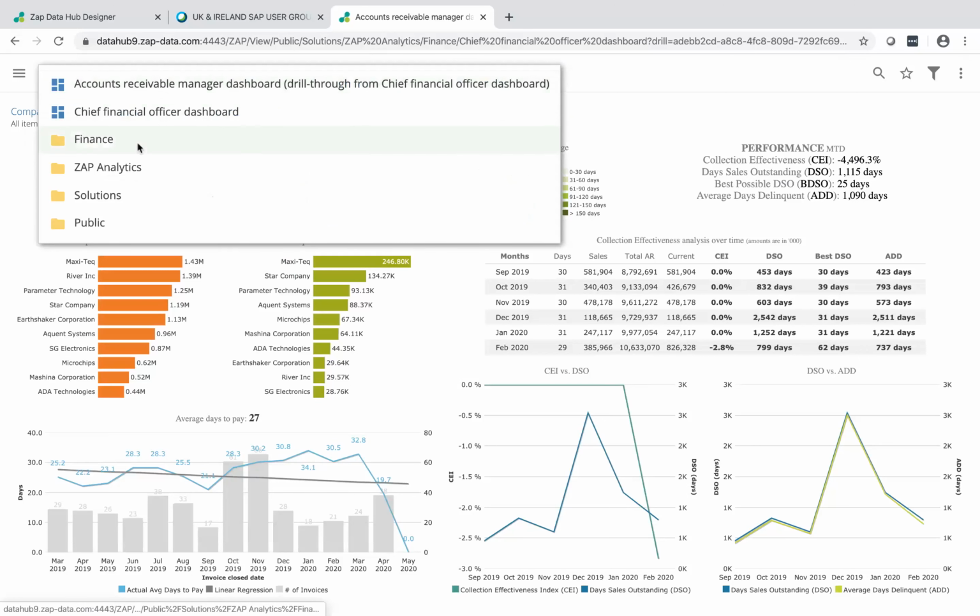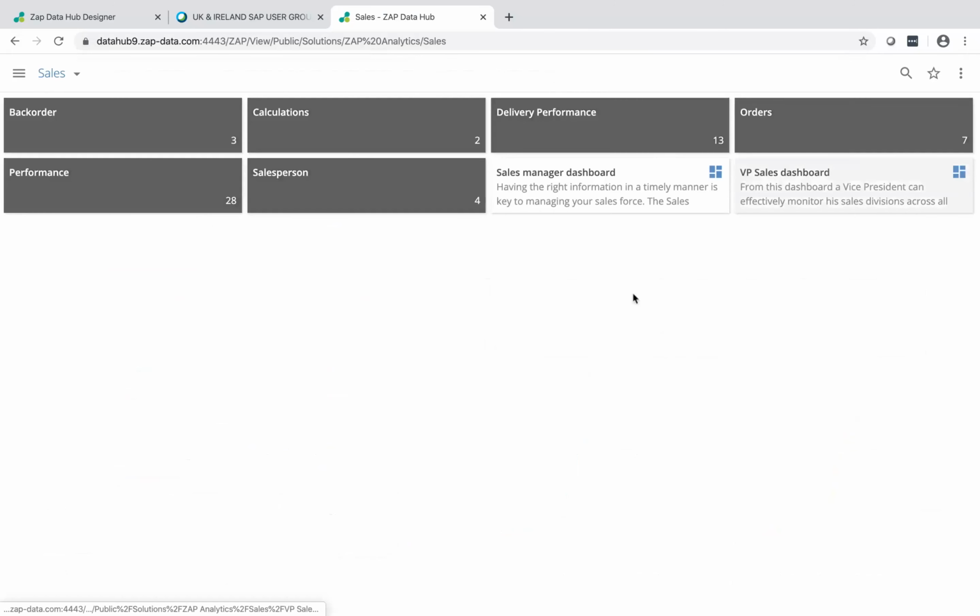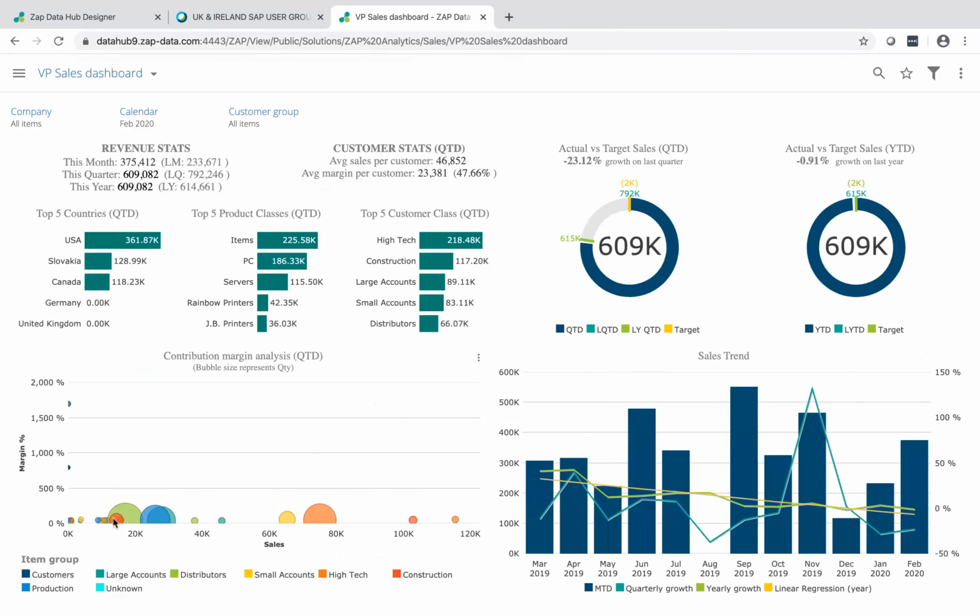Okay. So in terms of analytics, there are loads here. I can look at sales, say a VP sales dashboard. We've got a different flavor to these. I quite like these bubble charts, which if I hover over them, give me the sales amount, my contribution margin and invoice quantity, and the size of the bubble gives me an inference to it. So I like information like that. I like information like this. Your target is this. This was your last year. This was your last quarter, and this is where you are with respect to quarter. So very quickly giving you actionable information which you can prioritize, and so on.